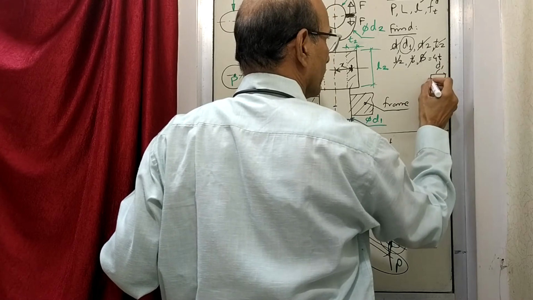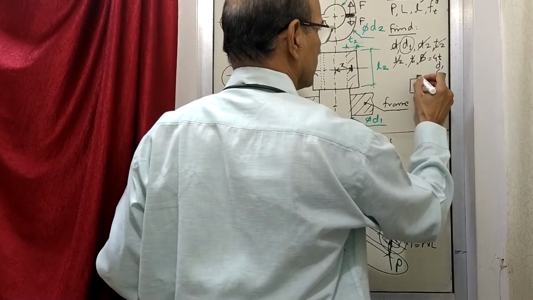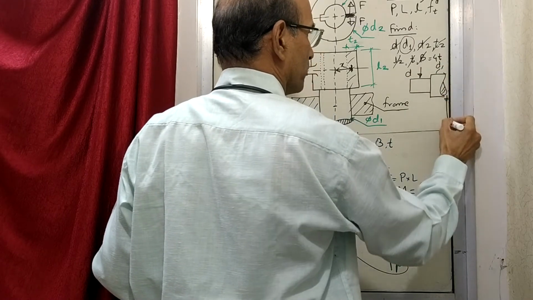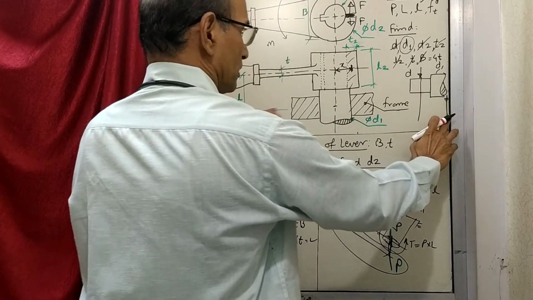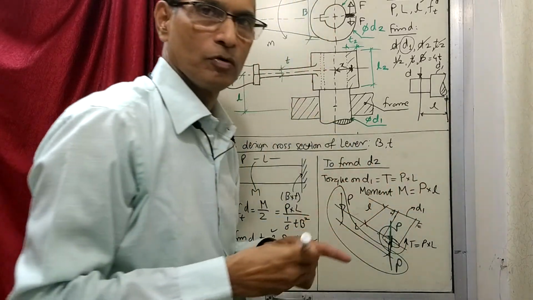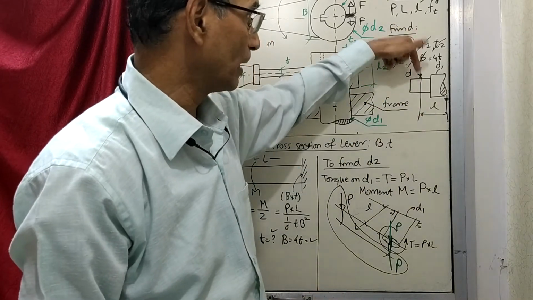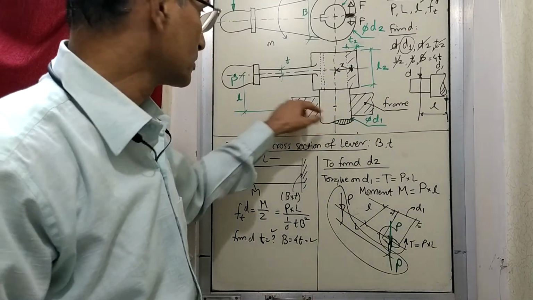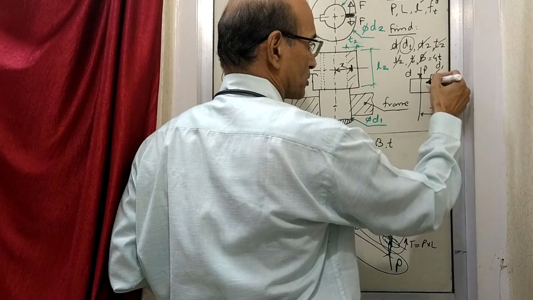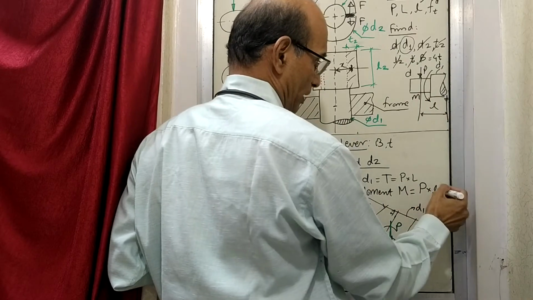This is D1, then force is applied here P, and this is the support. It means this plane and this plane. Now this is this line and this is here. So this is small l. I am drawing side view. So like this, what you are seeing from here. So this is the distance L. You are applying P like this. This is the support. So I am taking this point as a support. So the distance is measured like this. So this P acting at a distance of L is causing a moment M. So this M is P into small l, like this.